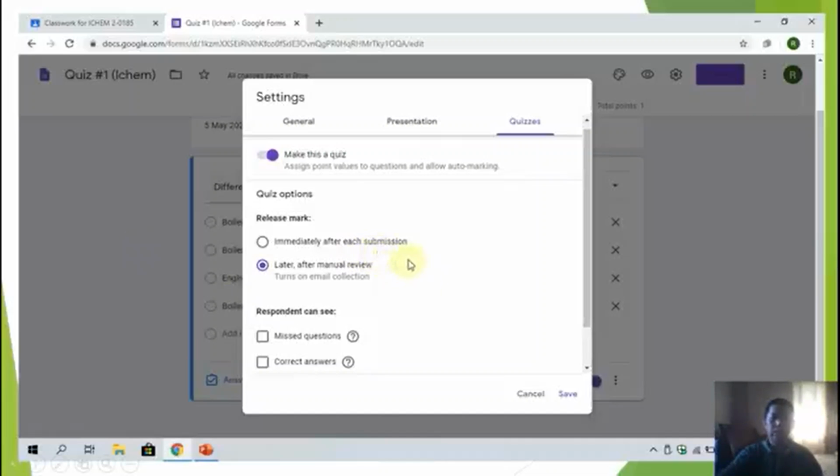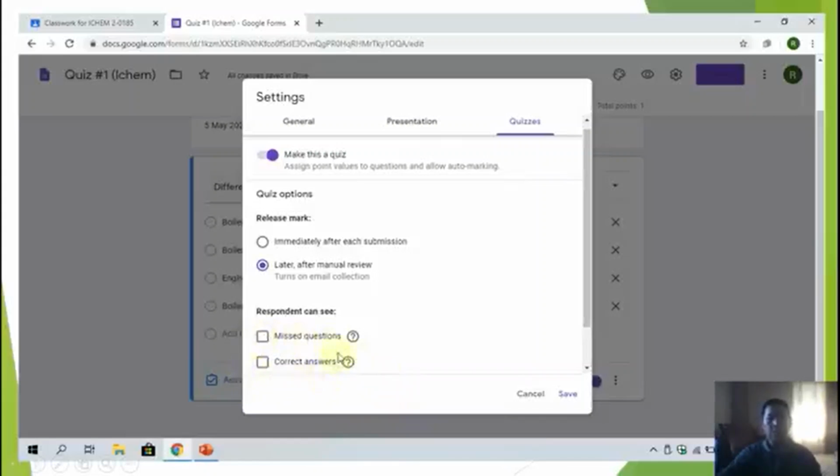But for me, I don't want that. I want it later, after manual review, because there is a button in the other window that you can use to release the score. You can click the button and send their score. So here, respondent can see missed questions and correct answers, and there is also, down here, I did not scroll, point values.